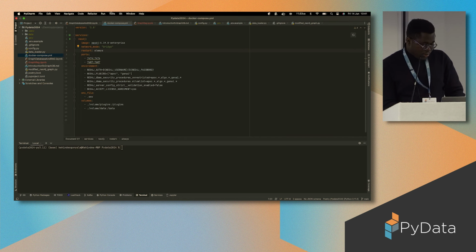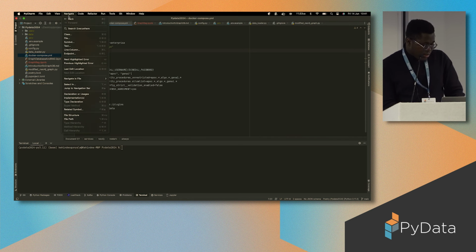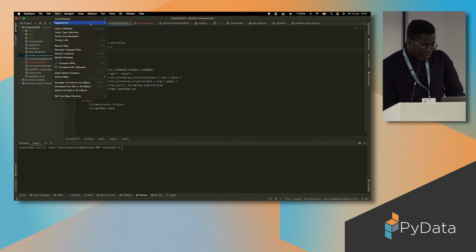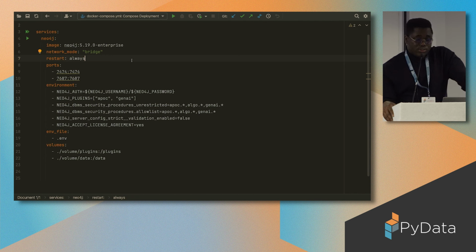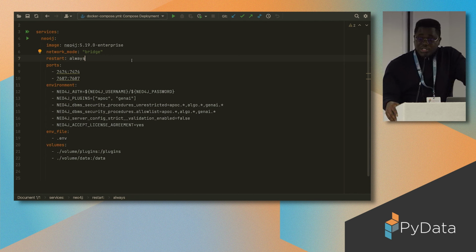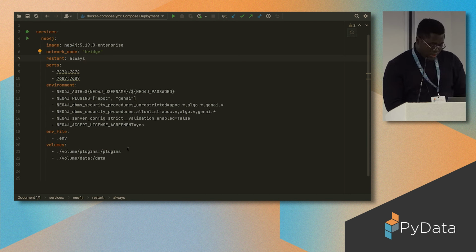I'm just going to enlarge this again. This Docker compose file will help you install Neo4j. I'm going to be using Neo4j as the graph database for today. And we are installing various plugins, the APOC plugins and the GenAI plugins. And you can just run,